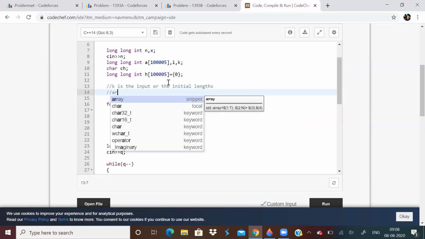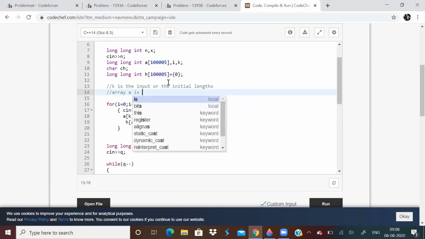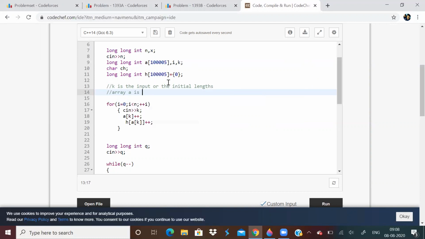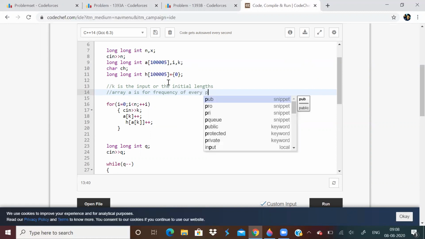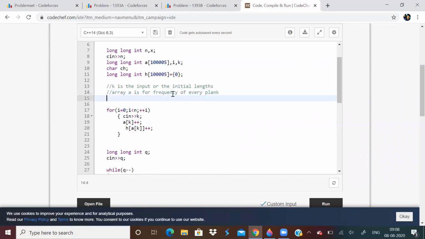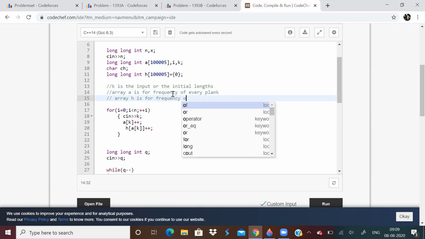Array A is going to tell me what? Array A is going to tell me the frequency of every Planck. Array A is for the frequency of every Planck. And array H is for frequency of